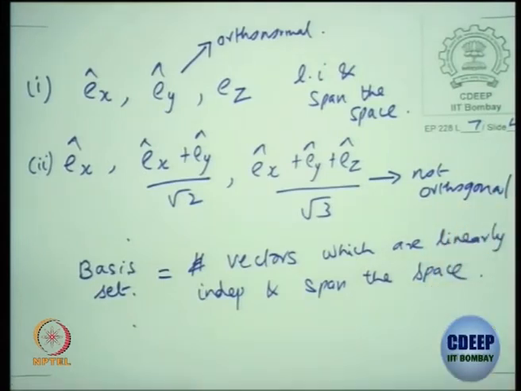Is that correct? Still a valid set, but it is not orthogonal. Okay. So, you can work with any basis, not a problem, but conventionally whenever we do all our vector calculus and so on, we prefer to work with